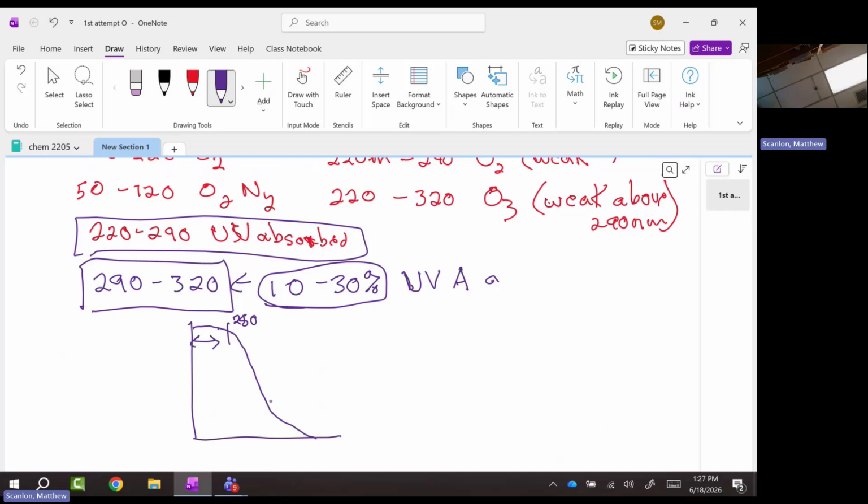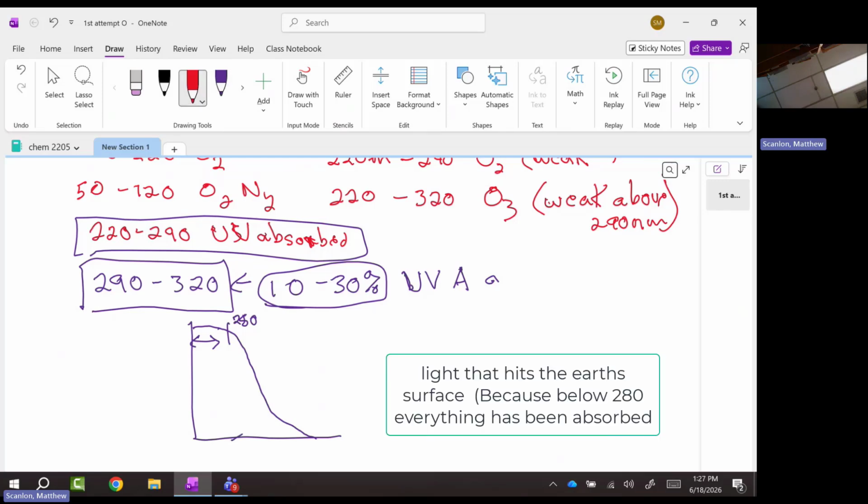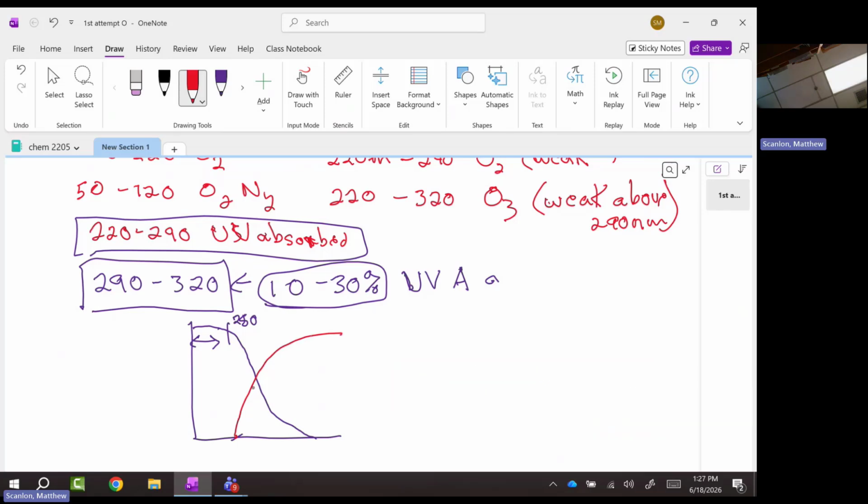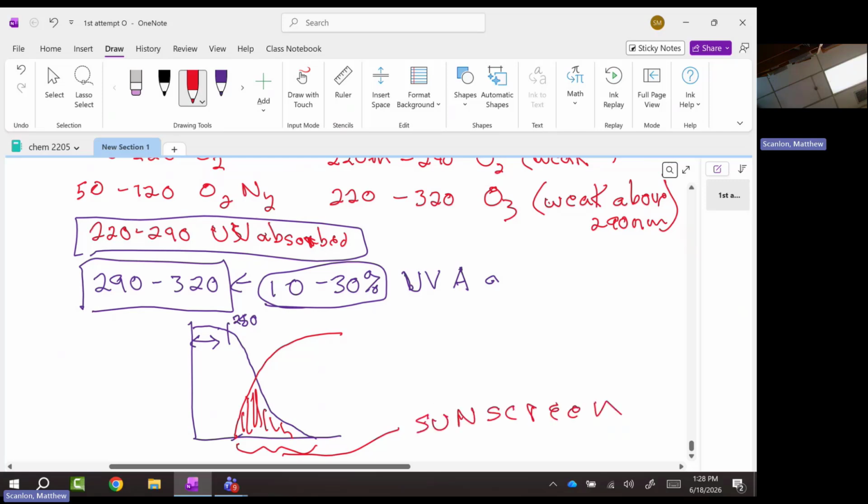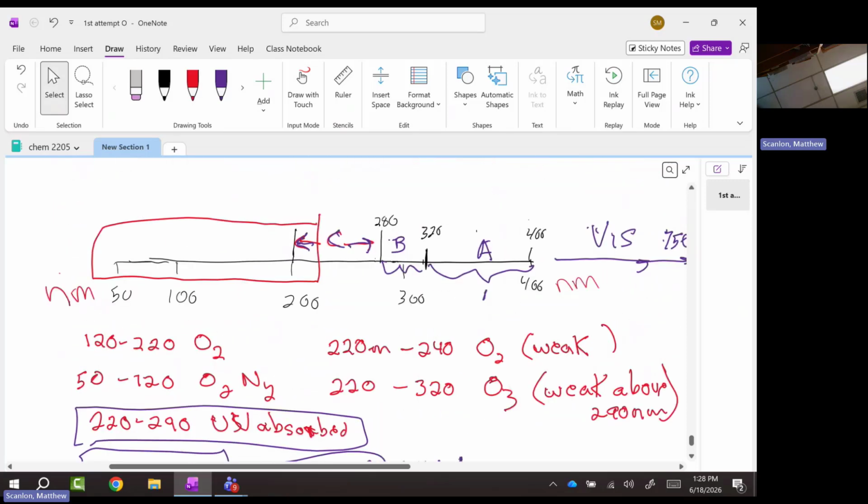And so this is the DNA absorbing, but here is the sunlight that hits the earth, and it looks like this. And so we have very little sunlight and very little absorption going through here. It's still a very dangerous area, which is why you have to use sunscreen on this. So that's the deal with UV, and why ozone is so important is because it's the only thing